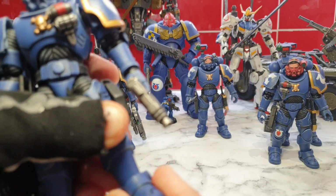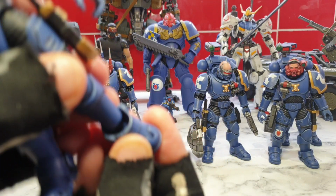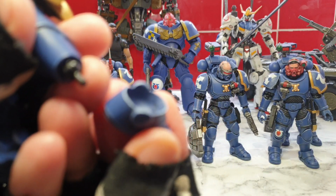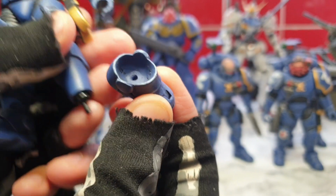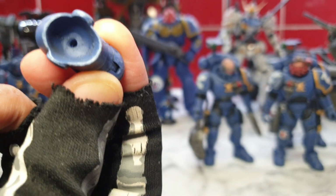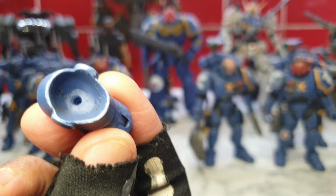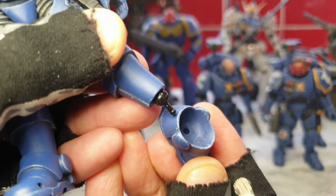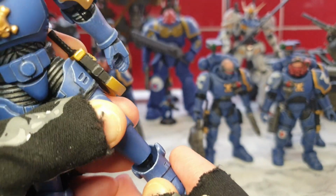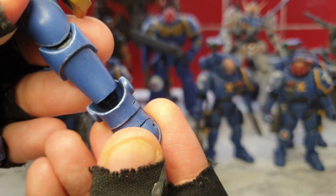I'm trying to look for... I've got one figure that's got a weird foot where the joint bit sticks out a bit. I think it's this one. Yeah. Look, the hole there is a bit too shallow. So the foot is a bit wobbly, and the leg ends up being a bit bigger than the other. So I might have to drill that a bit more. See, that's supposed to go in a bit further, but it's just sort of a bit of a tip that goes in. So those kinds of issues, little QC issues, are a bit annoying,